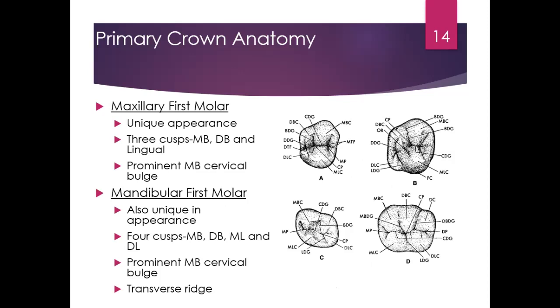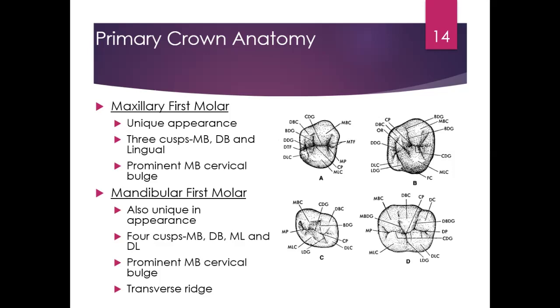So with the first maxillary molar, it does have a unique appearance. They have 3 cusps, so remember the mesiobuccal, distobuccal, and the lingual cusp. They have a prominent mesiobuccal cervical bulge. So when you are doing the crown prep, you may not want to touch the buccal too much,